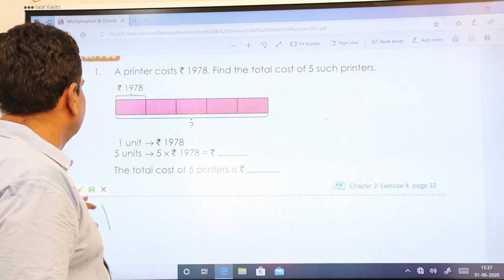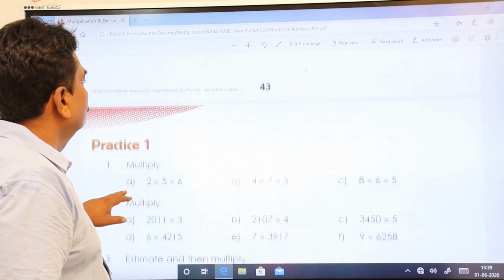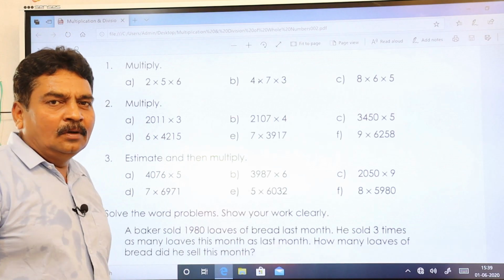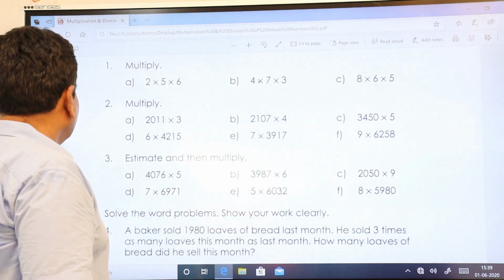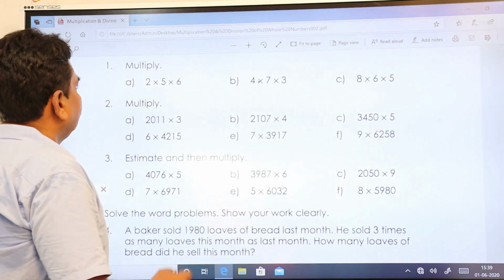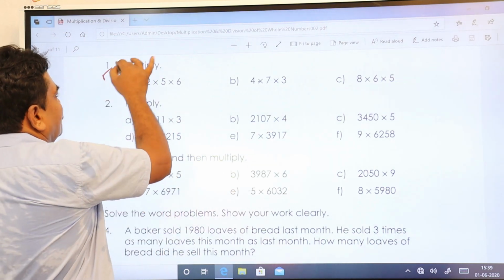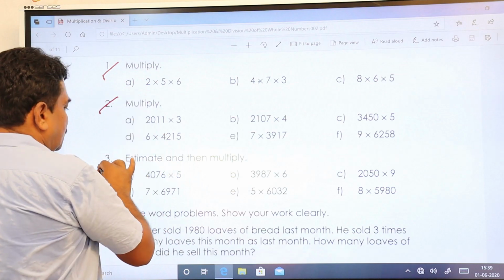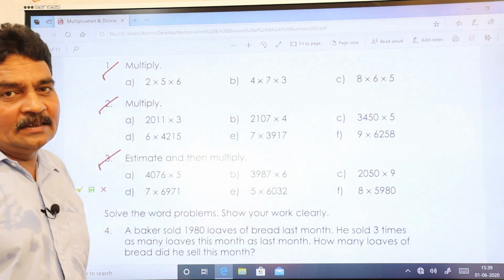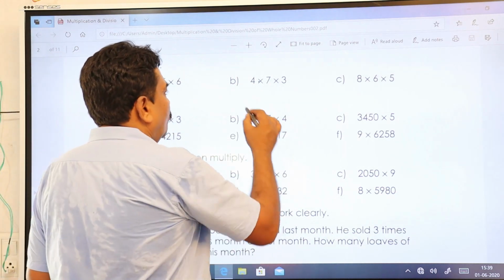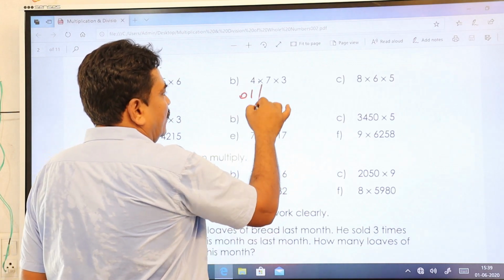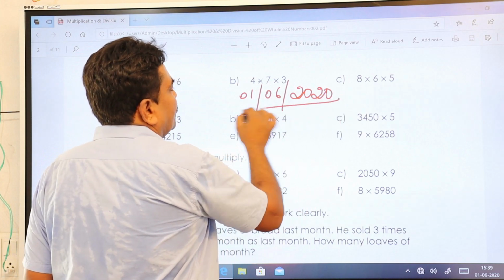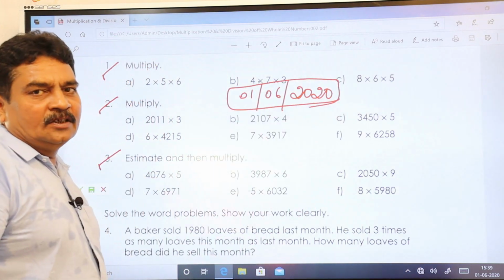Let's see. Now this is very simple. I'll give a bit of homework in this. The homework is this. This first section, second section and third section, you please do it as a part of homework. What is today's date? That is 01/06/2020. 1st of June. You have these homeworks.